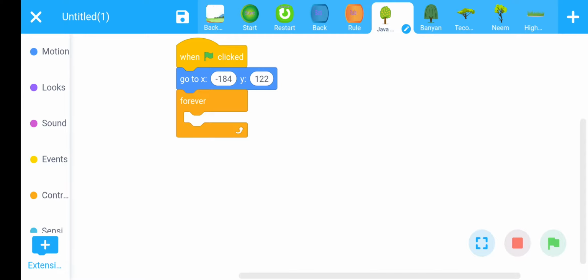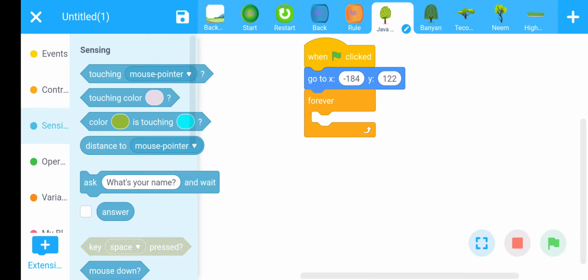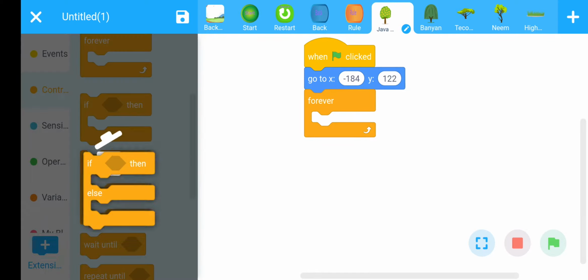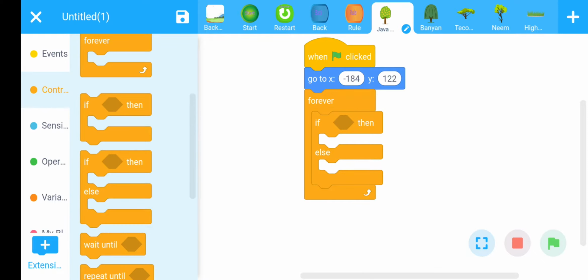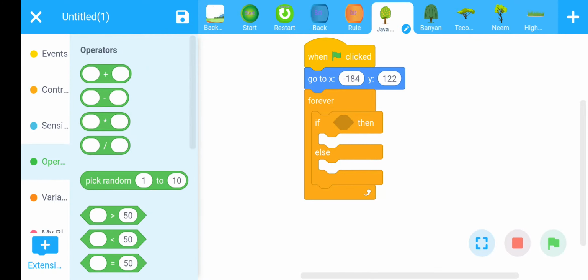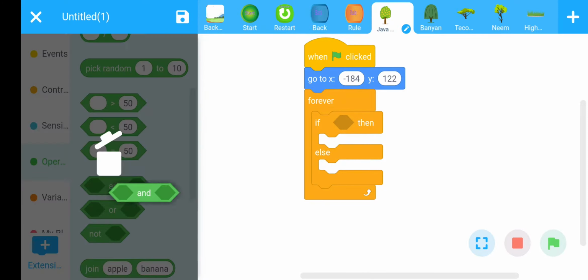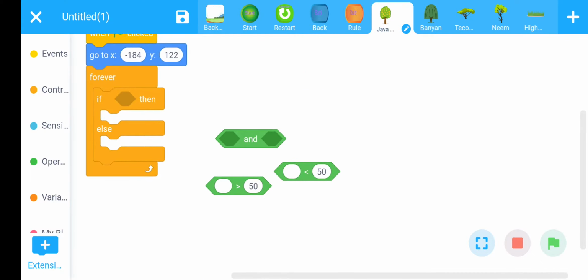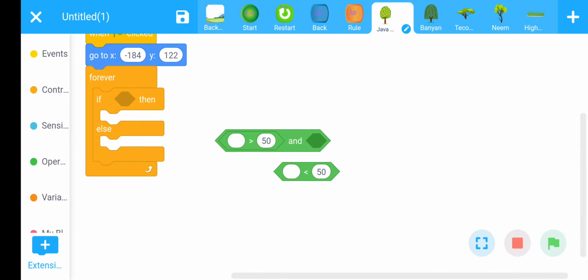To make this condition, first go to control section, use if else command here, then go to operator, use and operator, then use greater than command and then less than command. Attach this command here.